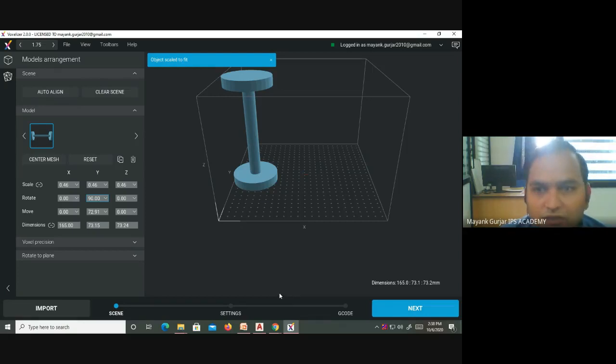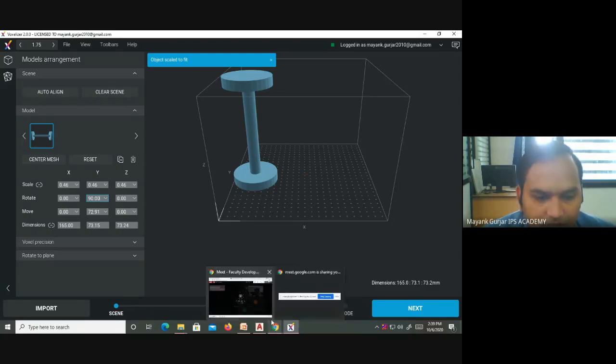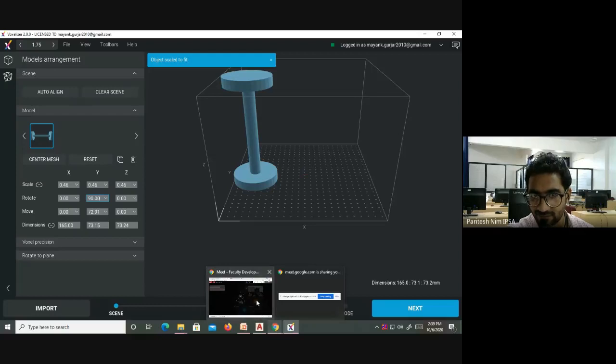We have a limited time of 1 to 1.5 hours for this session. So my colleague, technical assistant Paritesh Neem, will do such settings and start printing from the software, and meanwhile we will talk, so both works are done simultaneously. Okay, so I just pass over to you, Neem sir. Are you ready? Okay, sir, I am ready.